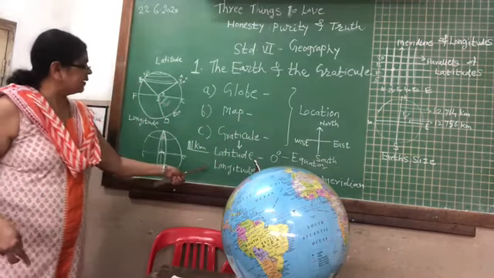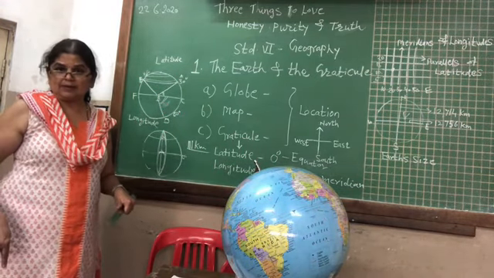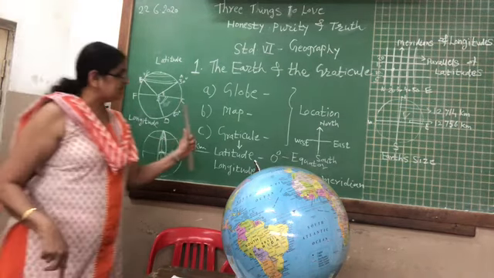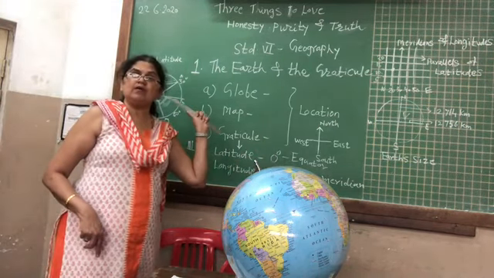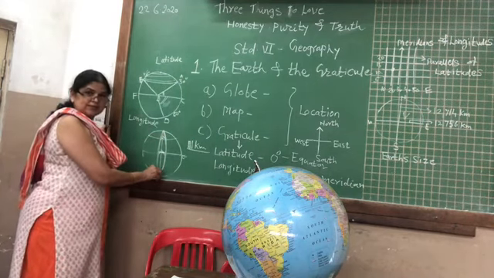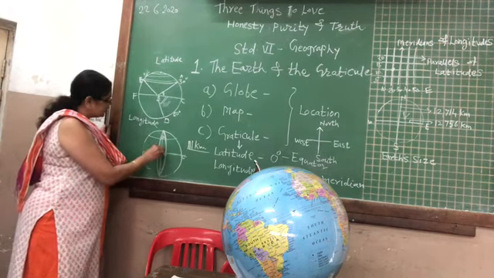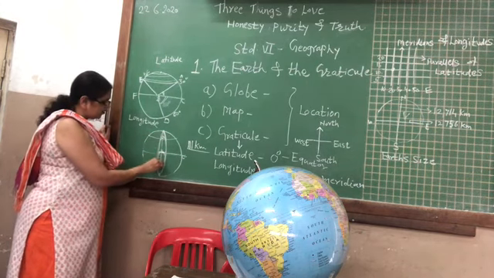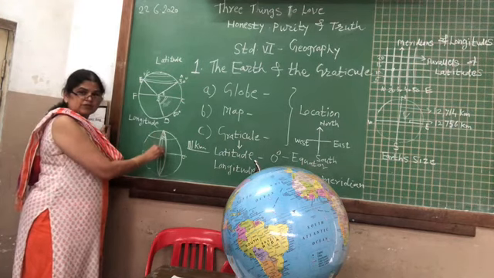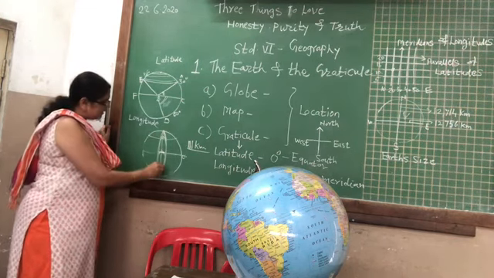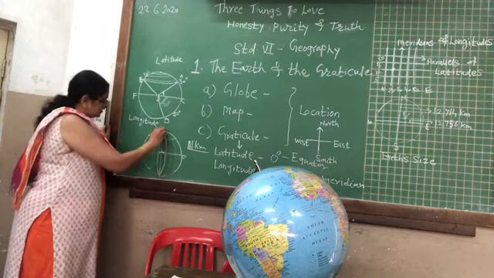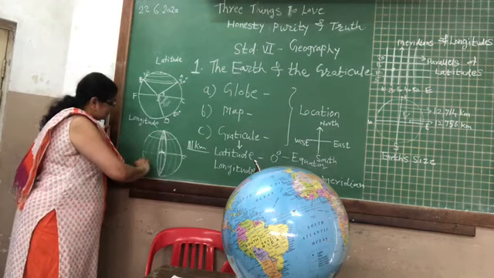The 0 degrees meridian is called the prime meridian. The prime meridian is an important line which divides the earth into the eastern hemisphere and the western hemisphere. You draw a line passing through the center at 0 degrees, and from each point of this you can mark the longitude and join them with semicircles to represent the different longitudes and places.